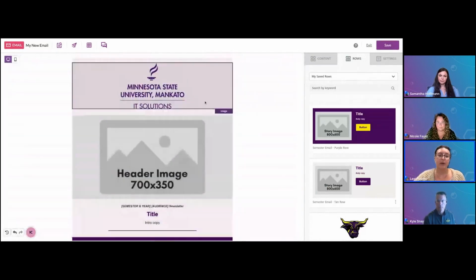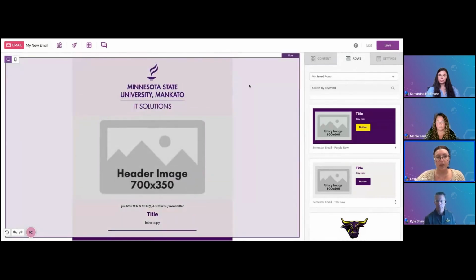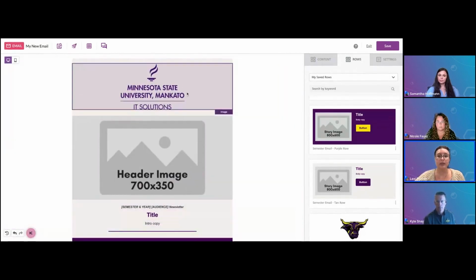And the last feature that I wanted to talk about that we kind of touched on a little bit is the file manager, which is really nice. So you can create folders and upload all your graphic assets. So if there's recurring photos or logos that you need to reuse in all your campaigns, you can easily upload them and organize them. So you're not going and digging in your desktop files or your shared files to try and find the right logo.